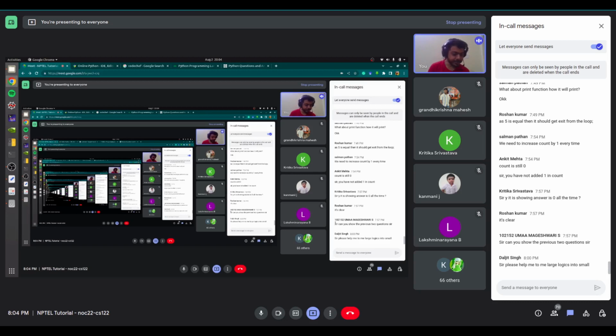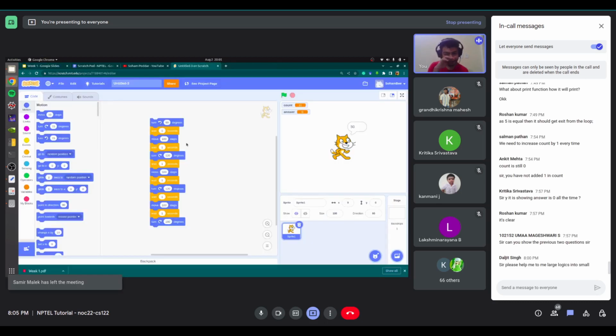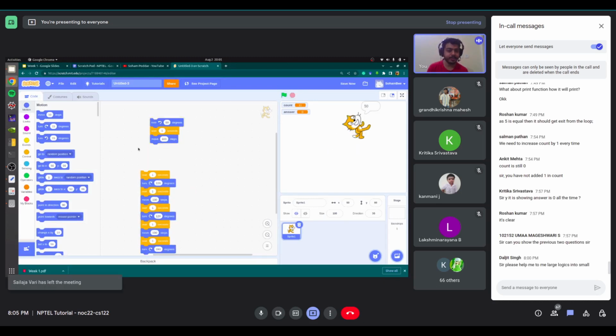Okay, Daljit, at first this may seem a bit difficult if you don't know programming, but just try out small programs like this. These are very easy programs, you can see that you just have to bring a few blocks, and you have to think, and you can do it one by one. You can just do it up to here, and then see where it is going. Now you think, what do I need to do next? So you can do it one by one. That's how you should do it. Don't try to write everything at once and then try to understand where you're going wrong. Try to do it step by step, and it will help.